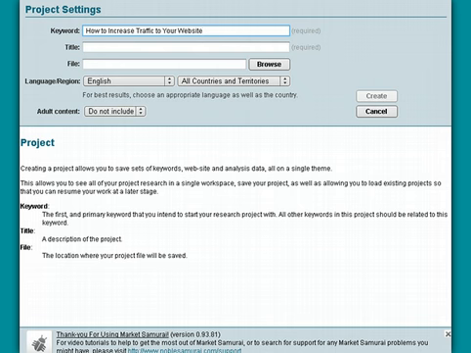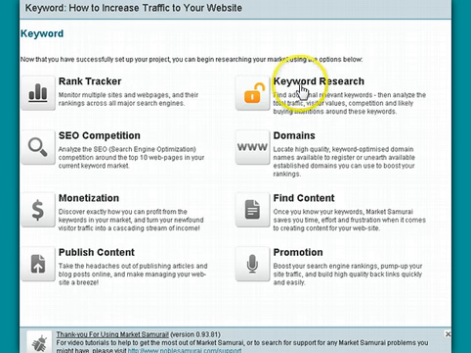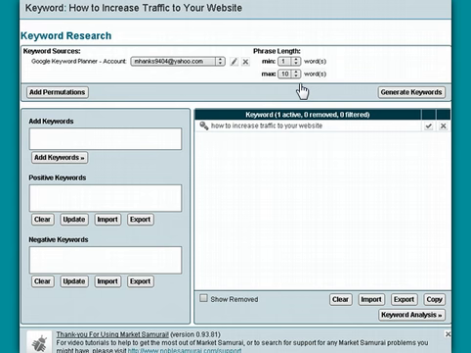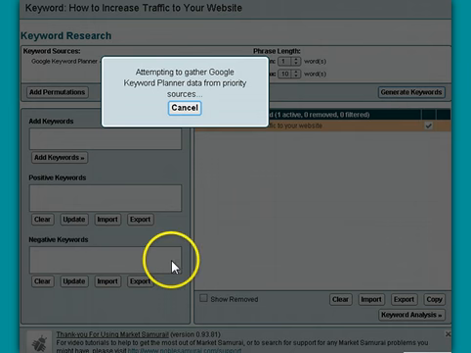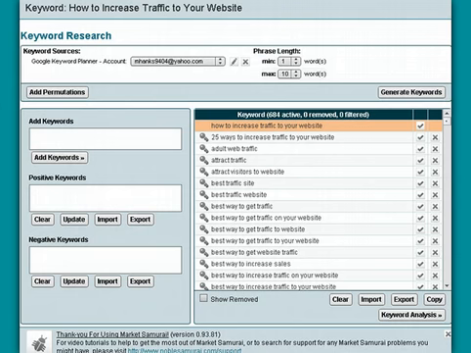This will take a moment, so let's go ahead and create it. Now you can see the keyword research. Let's click there. Give it a moment. It will also generate. We'll start generating these keywords. It'll take a moment. Now let's go ahead and get it started. Now here is